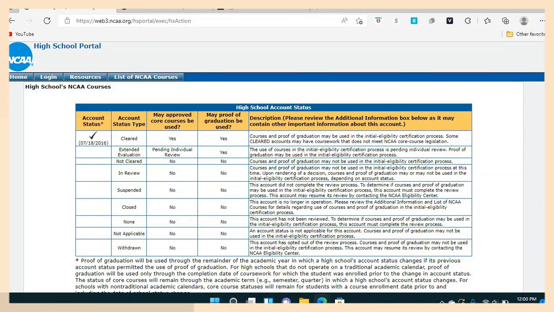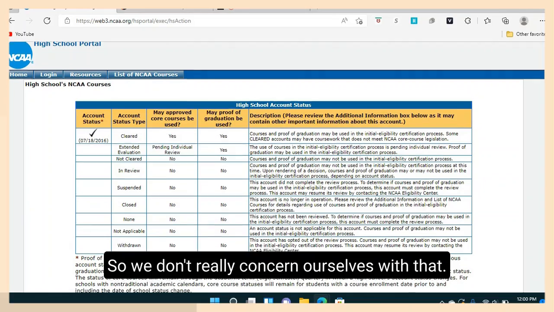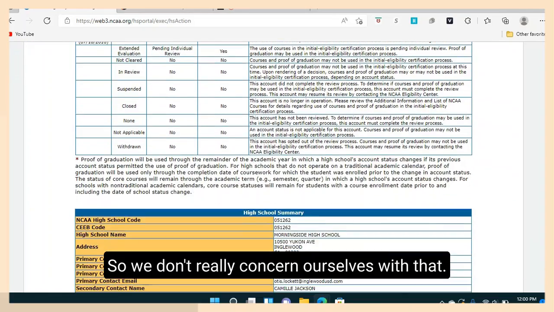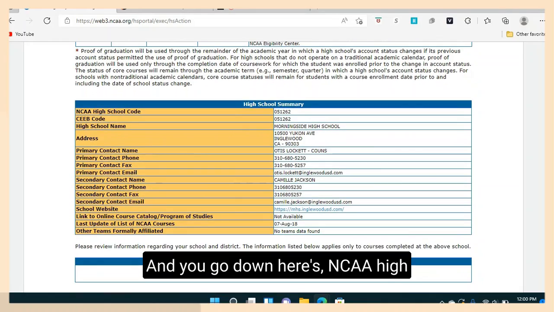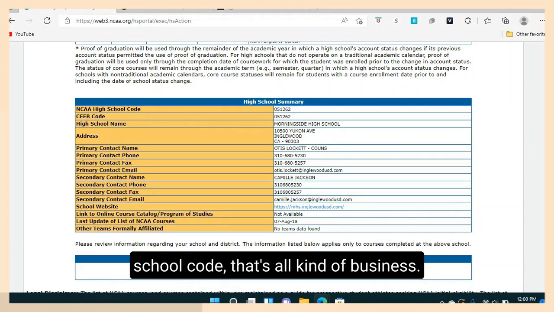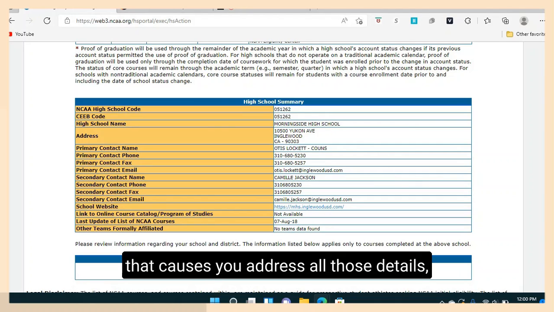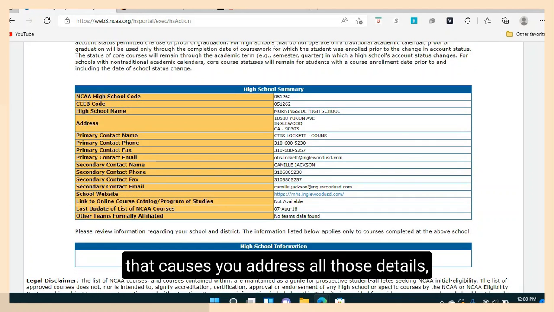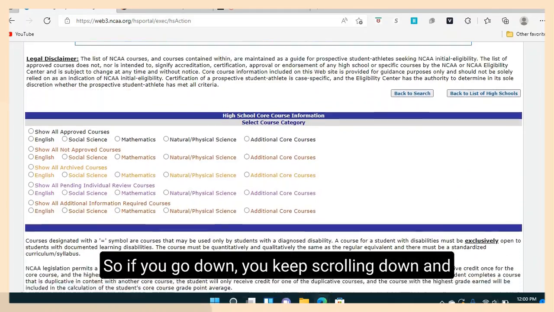All right. Now this account status, that's like some school stuff. So, we don't really concern ourselves with that. All right, you go down. Here's the NCAA high school code. That's all kind of business. That CEB code, that's like another code that colleges use. Address, all those details, phone numbers, things like that, right? So if you go down, you keep scrolling down,